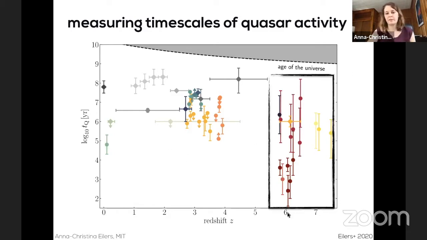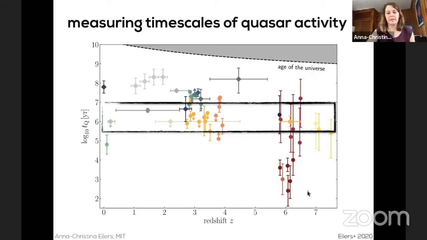The first one is we're now able for the first time to actually measure these lifetimes of the very early universe for very high redshift quasars, which was previously not or very hardly possible. Then most of the measurements seem to suggest that the mean quasar lifetime is somewhere between 10^6 or maybe 10^7 years or something like that.